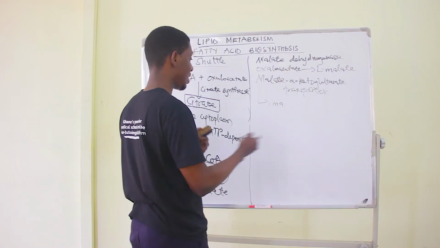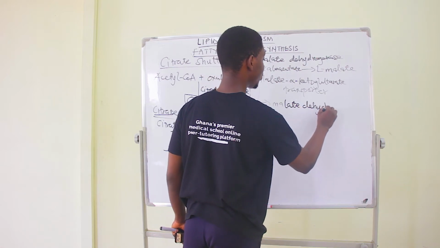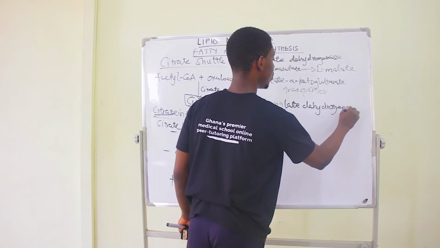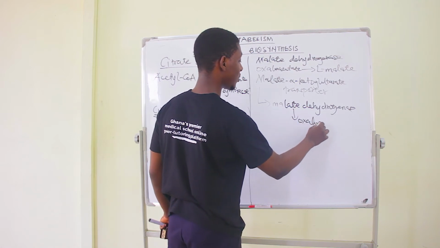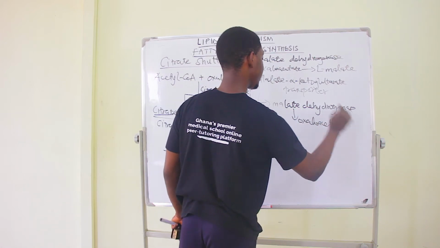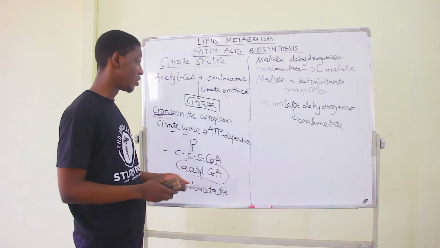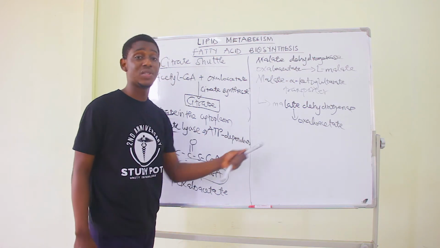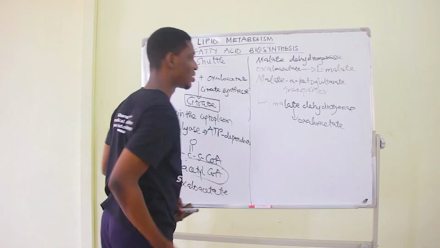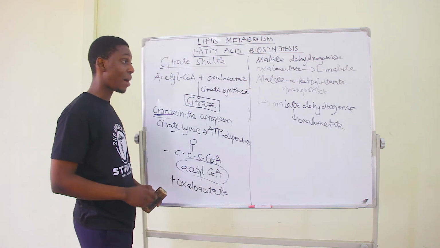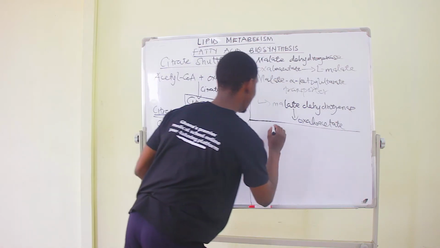Now, when this malate gets into the mitochondrion, then the same enzyme, malate dehydrogenase, will act on malate and then generate oxaloacetate. So that means that we have balanced the molecules. We've got what it took from the mitochondrion back to it. But oftentimes, this system of transport doesn't happen, because as soon as you form malate in the cytoplasm,